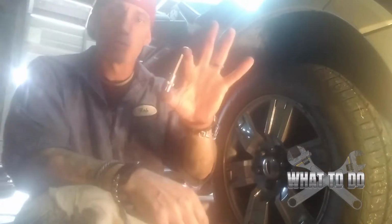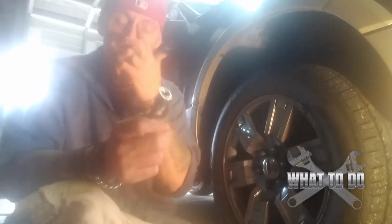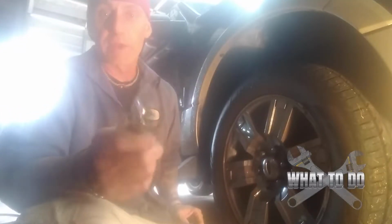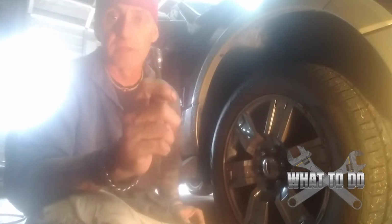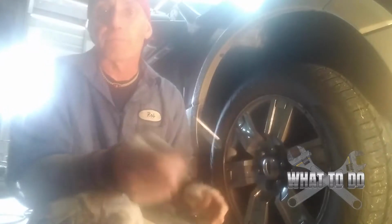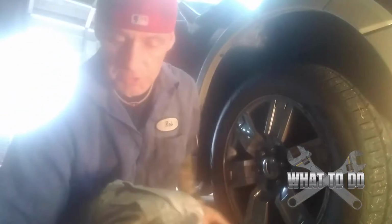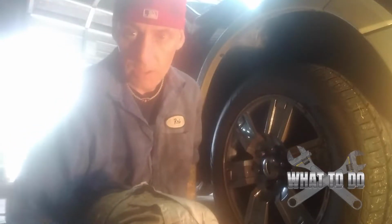Now if you go to your local parts store and you buy a kit, be sure to check the back of the kit that it says there is a 7mm in there. I was missing one, so I actually ran down to the parts store and made that mistake. I grabbed the set and came back and realized it was missing the 7mm hex head. Depending on the Ford model you have, I believe some of them may be a 9. So make sure you at least have a 7mm and a 9mm that will go onto your air tool or your socket drive. You're going to need a flathead screwdriver, a tube of grease,